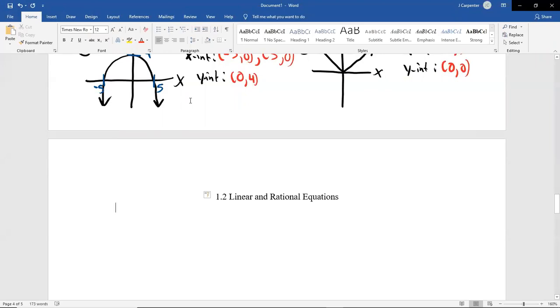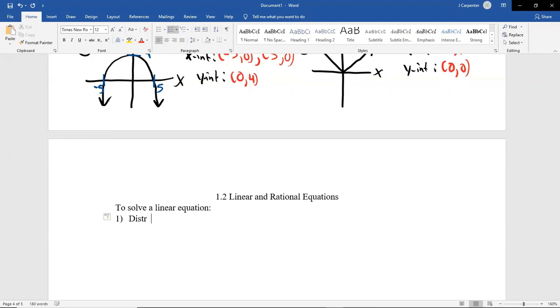So section 1.2, linear and rational equations. Two things that we're going to do over and over in this course, solving equations and graphing equations. So we already kind of lightly introduced the graphing. Let's lightly introduce the solving of equations, to which most of these things you should have already dealt with extensively, but reminders. So to solve a linear equation, first step,